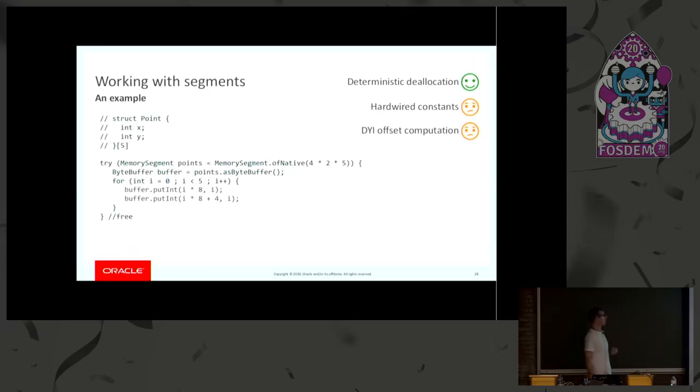There are problems in this code, though, I'm not gonna lie. For example, we have to compute the size of the memory that we want to allocate manually. And then there are all these offsets and constants spread all over the code, and this is very fragile. If I change, for example, the coordinates from int to long, probably on a 64-bit machine, this example is no longer going to work. So how can we make this code a little bit more robust?